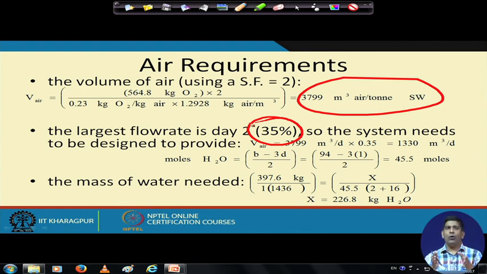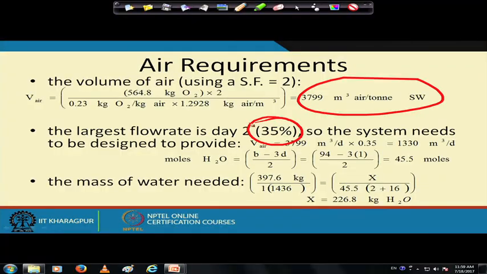So when we buy the blower system which will blow the air through, we know the total requirement is over 5 days, but we cannot just take the total requirement and divide it by 5 to get each day's requirement. That's not the case, because day 2 requires much higher, 35%. We cannot take the average here. So the blower system has to meet the requirement of day 2. If it meets the requirement of day 2, the other days are met anyway. That's the design constraint: